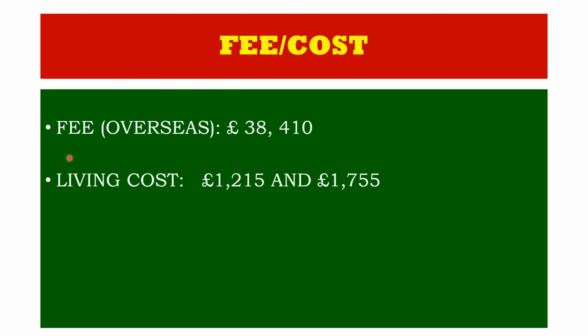As per the fee and all this, it appears to us that it is very costly, but they are also providing funds and scholarships. So if you are a good student with merit, then you may be eligible to get a scholarship as well. So the fee and the living cost can be reimbursed as well. Okay, now once you have been selected, you have to choose your college preference. Out of 37 colleges, you need to choose one college for your study. So this is the entire procedure for getting admission at Oxford University.